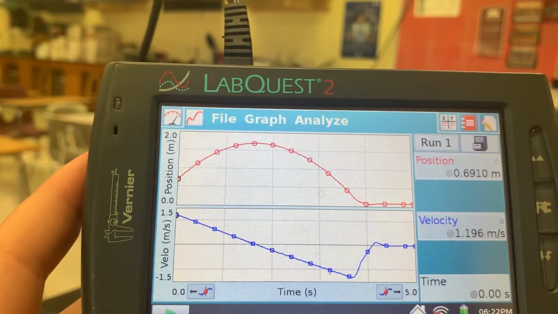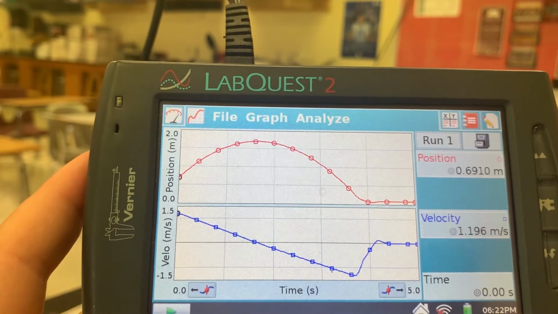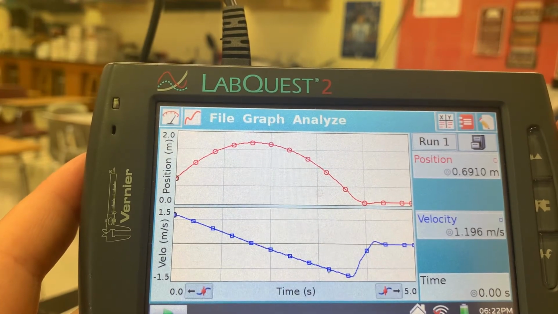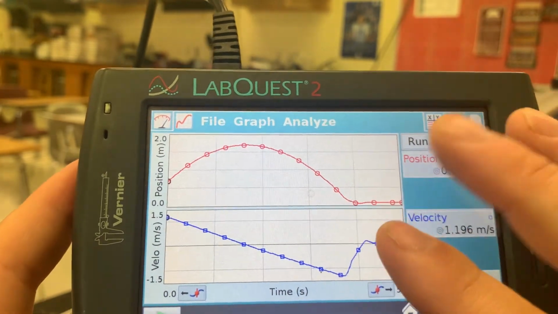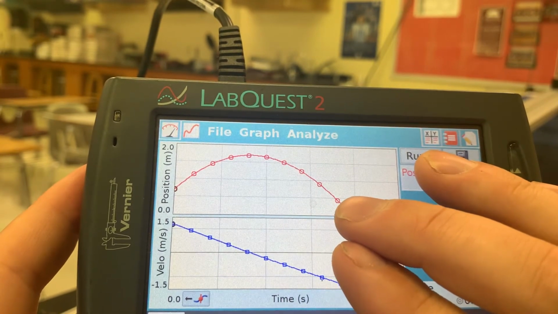Now with the acceleration graph, we also see a nice constant slope there, okay? The slope, again, of a velocity over time graph is acceleration. So what this negative slope on our velocity versus time graph is telling us is that our acceleration is completely constant. Don't worry about this part on the edge. That's where it stops at the end when it hits the